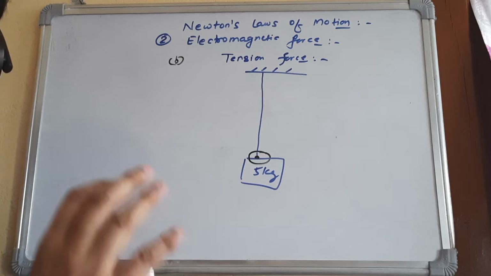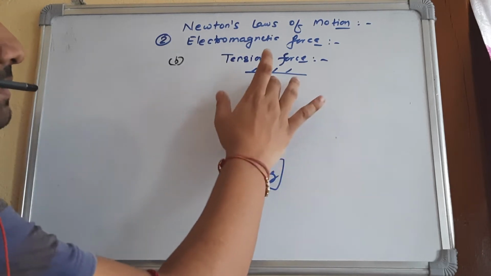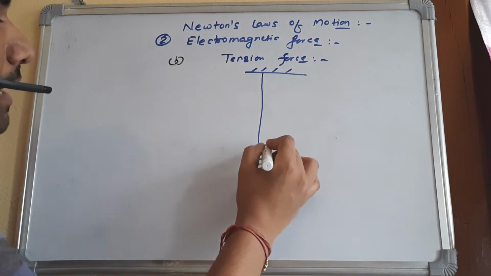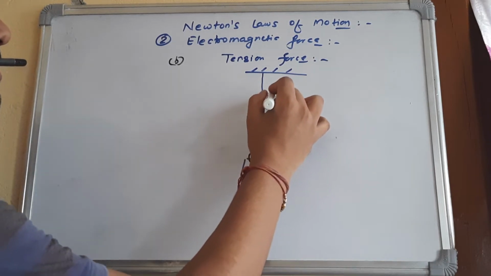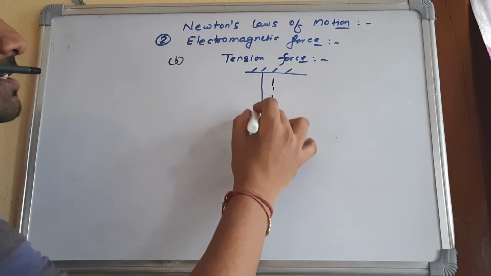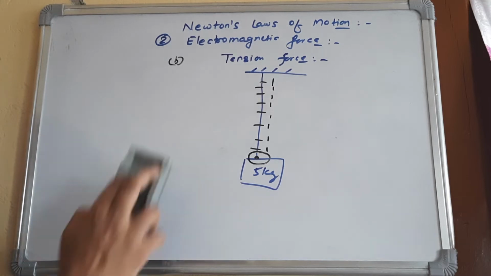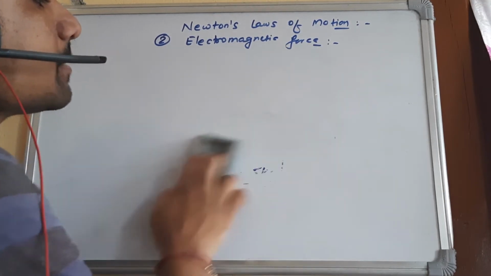And if this string is massless, meaning it has negligible mass, so the tension at every point will get stretched by some length, and at every point the tension will be the same. So this is an example of tension force. Let's take one more example. So another example can be